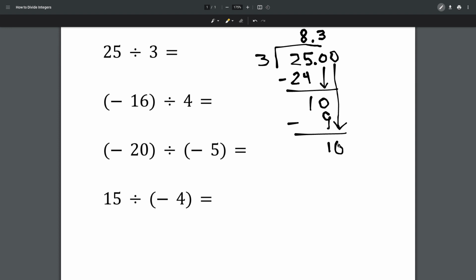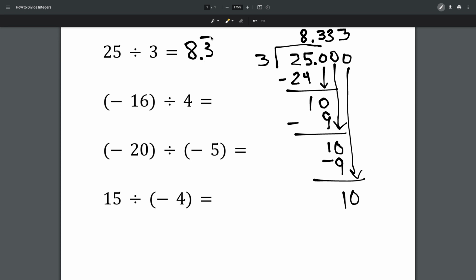And you'll see, wow, we're going 3 into 10 again. Well, again, that goes 3 times. And we can keep going with this, right? But it's just going to be repeating itself, okay? So we're going to have another 3 here and so on. So the solution here is 8.3 repeating, and we're going to write a little overhead bar above the 3 to indicate that this is a repeating